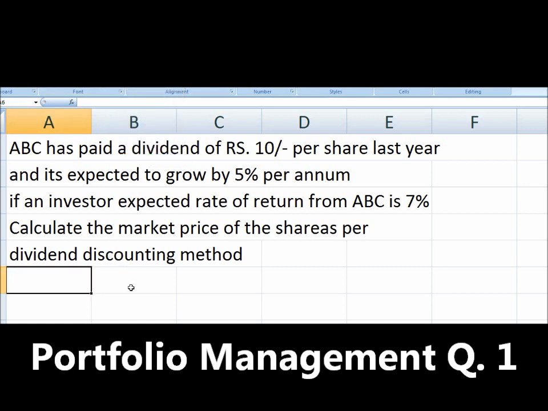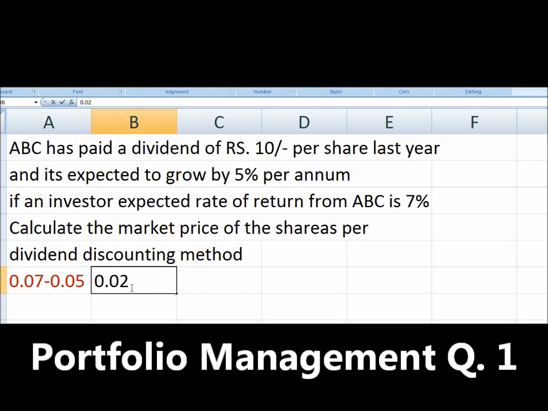Our expected return is 0.07 and the growth rate is 0.05. It means what? Our return from the dividend has to be